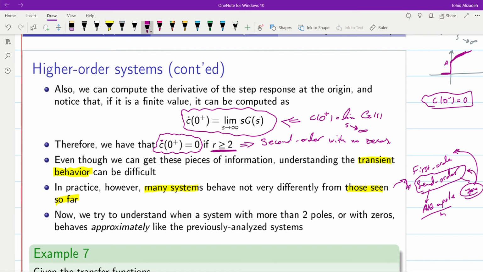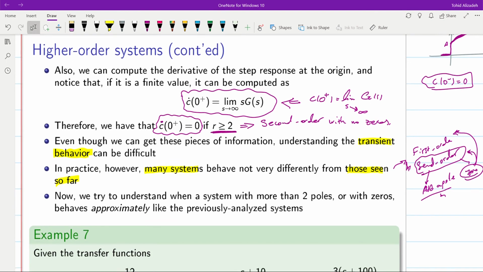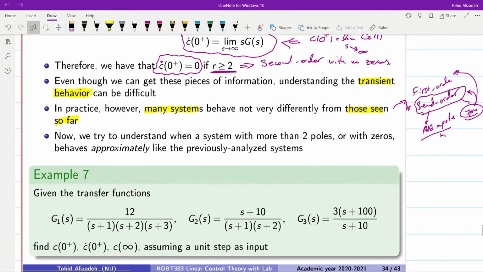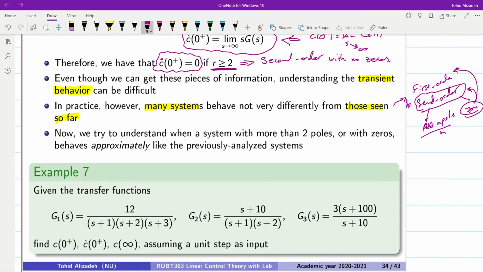For the first order and second order systems, we will introduce a 0, and then we will see how this additional 0 changes the behavior of the system in terms of the step response. And then we will see that in some cases we can approximate the system as a first order or as a second order system, and then it will become easier for us to analyze the behavior of the system in general. However, before moving forward and considering these cases, let's go through this